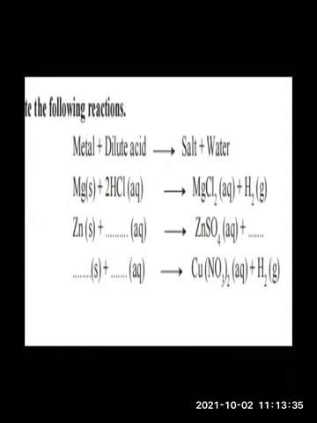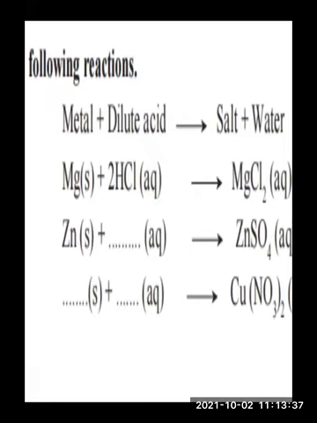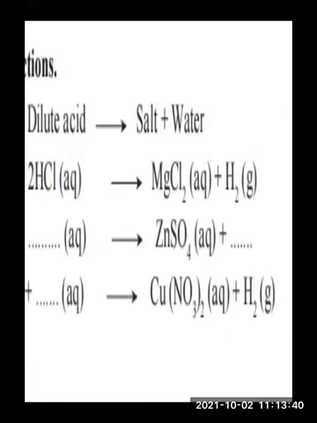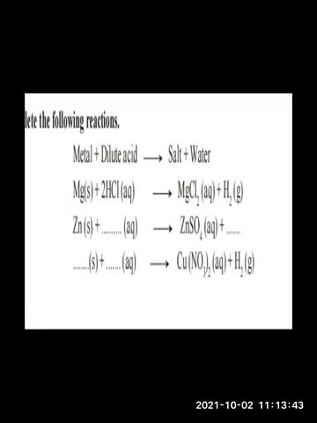But what will be the reactants? What you are going to add here so that you will get copper nitrate and hydrogen gas? Quickly, everyone, give the answers in the chat box. Which metal you have to add here and which acid you have to add here? Think and write the answer. Yes, very good. Yes, Soumya, Ashwin. Okay, copper is a metal. Very good. Copper is a metal and acid is nitric acid.